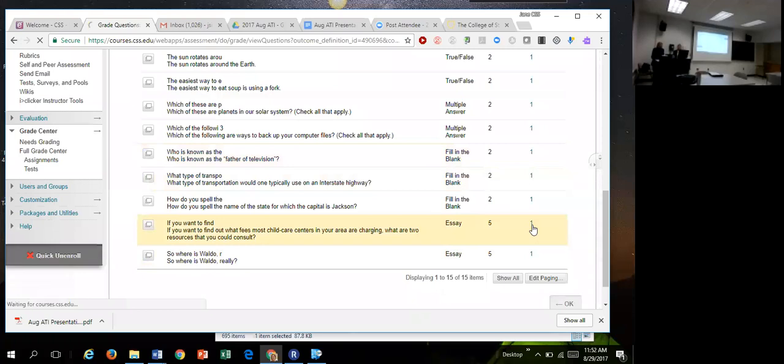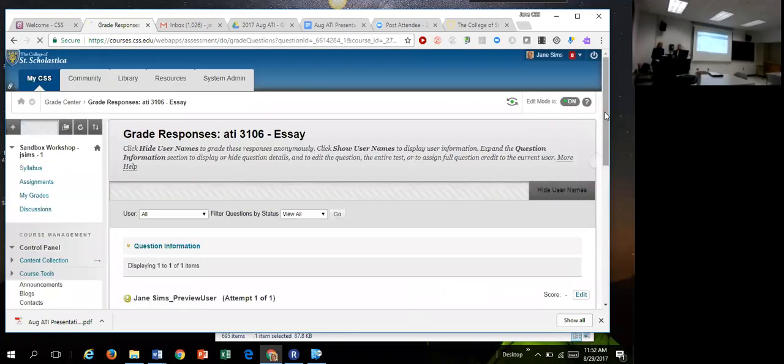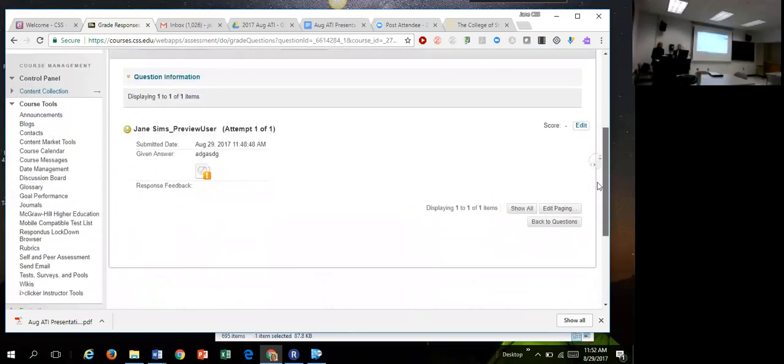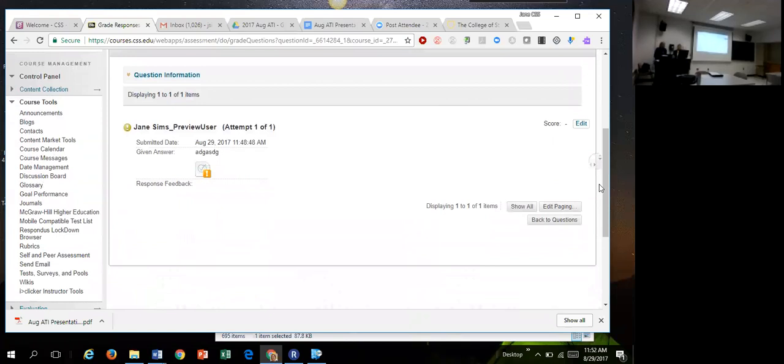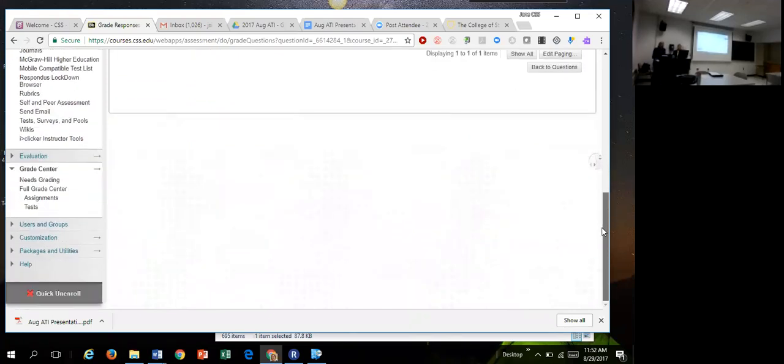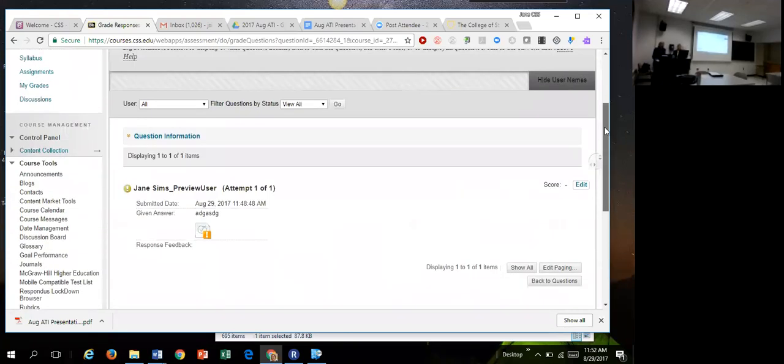I click on the number to the far right, and this is what I love. Unfortunately, I'm the only one who took this test, but all of my students' names would be down here. And so for an essay, I would see all of their answers. You know how when you go in to grade an essay, you get through the first 2 or 3, and then you're saying, oh, do I need to go back and adjust, or now I'm getting the hang of it? You can see all the way down and see what everybody wrote. Scroll back up to the top,